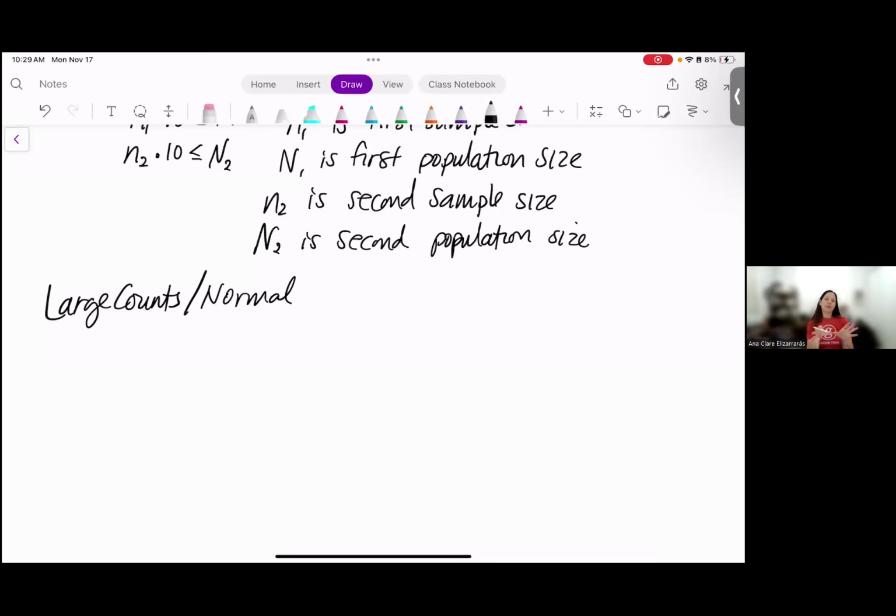When we were doing confidence intervals for proportions, we used the sample proportion to check the successes and failures. When we did hypothesis testing, we used the null hypothesis values to check the expected successes and failures. Well, now when we're comparing two groups, we need to go back to using these sample successes and failures. So that's going to look like, for proportions,